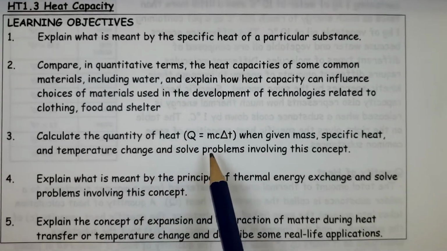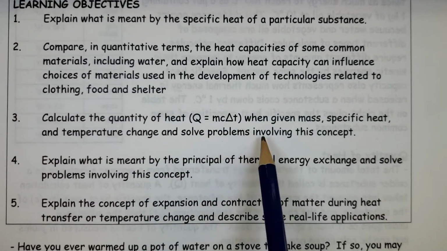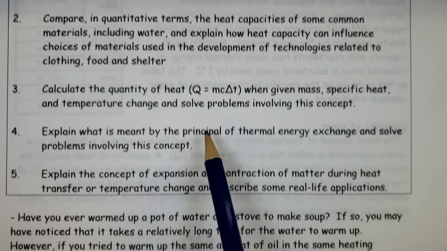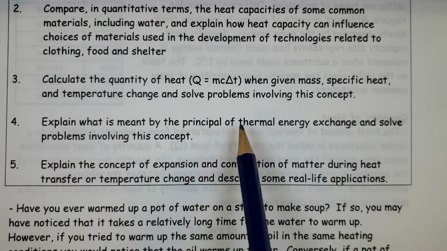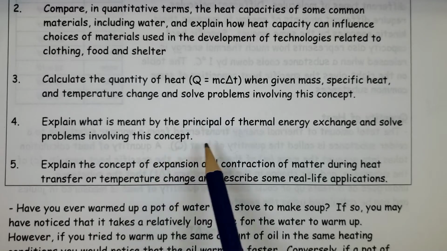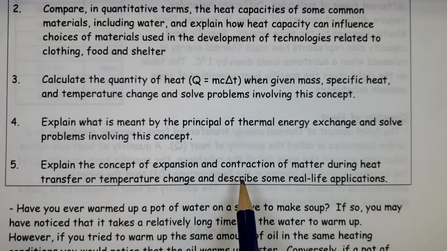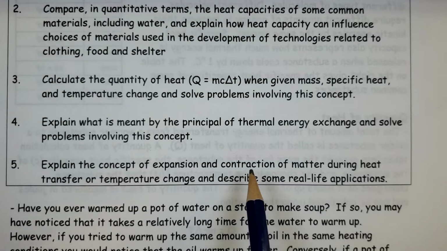Calculate the quantity of heat, Q equals mc delta T, when given mass, specific heat, and the temperature change to solve word problems involving this concept. Explain what is meant by the principle of thermal energy exchange to solve problems involving this concept. And explain the concept of thermal expansion and contraction of matter during heat transfer or temperature change, and describe some